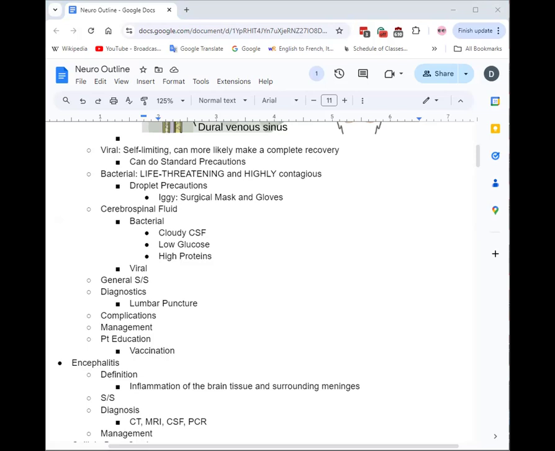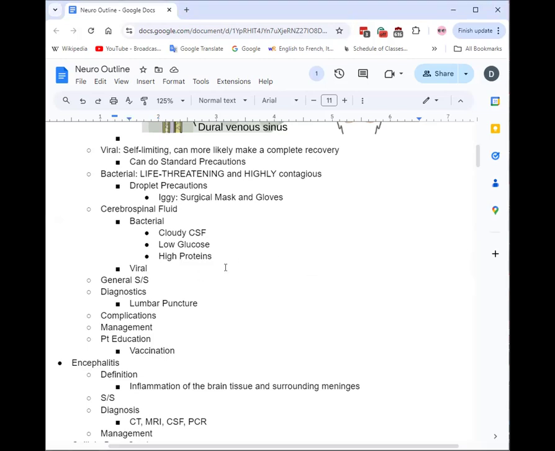Here you have the inflammation-causing proteins starting to leak into the cerebral spinal fluid. So that's why that is how it is. That's your main key differences. There are going to be a few other things with your cerebral spinal fluid, but these are the main ones that you really need to know.